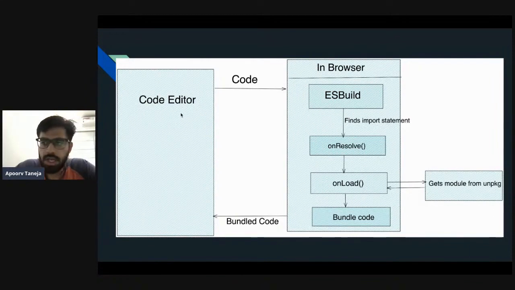This is a code editor. We send the code in the browser. ESBuild finds an import statement. It sends that import statement to onResolve. OnResolve will find a path